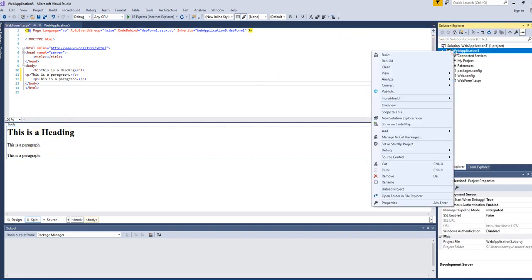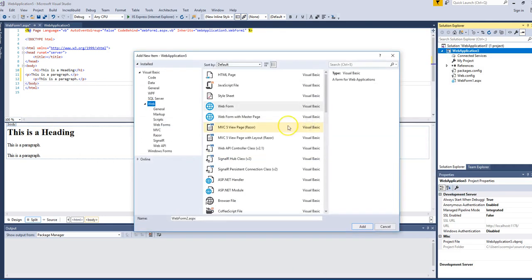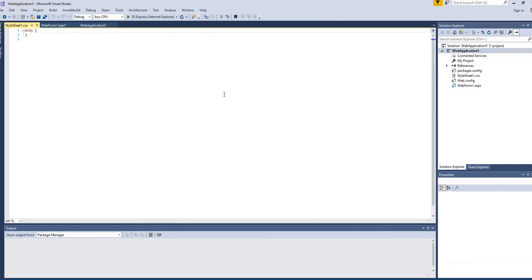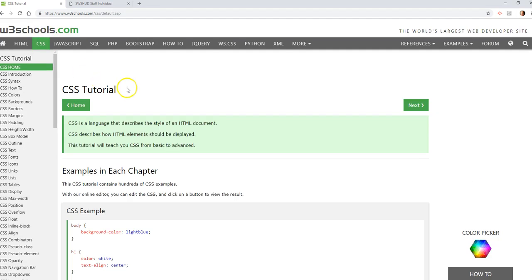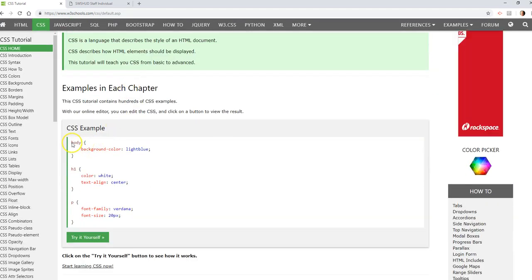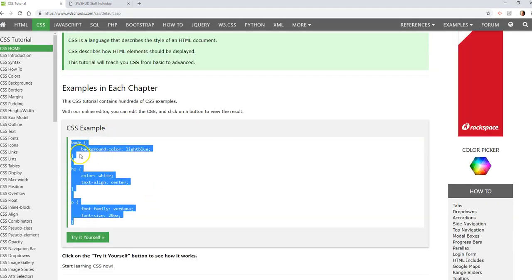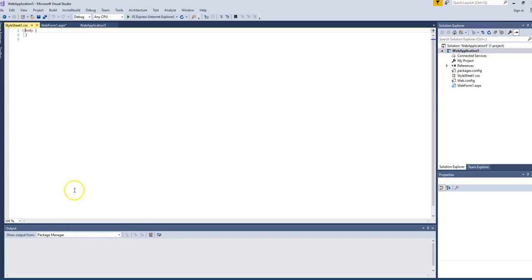So if I go over here and pick Add New again and pick Style Sheet, and then again take the lazy way out of going over to W3 Schools and having a look at their Style Sheet tutorial, and then I'm going to steal that code so that back here I could simply paste it in. Now I've got a style sheet